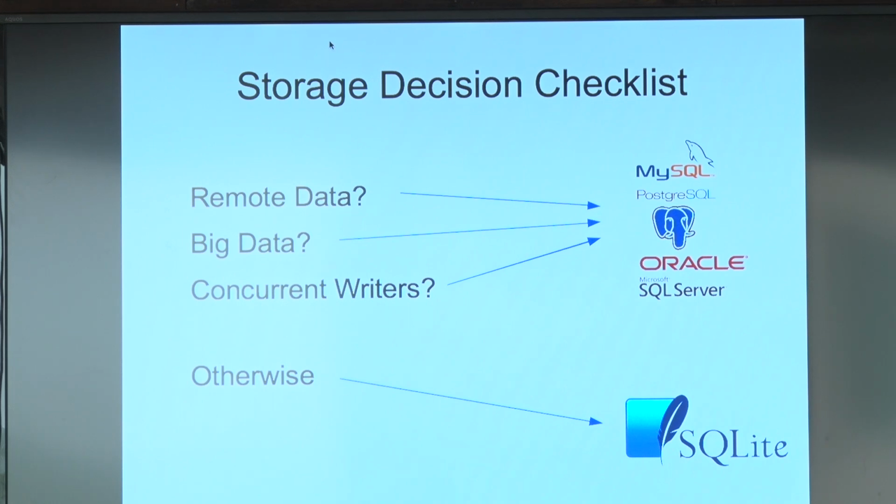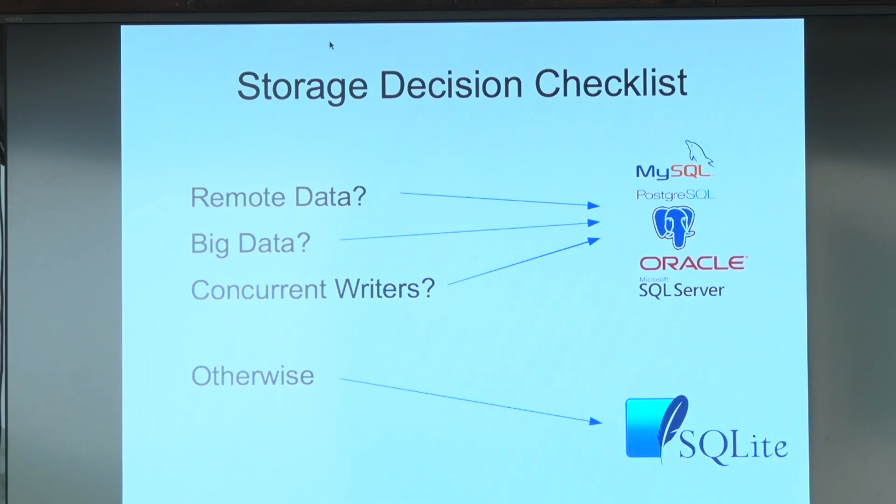The client-server databases are able to deal with that because they have a server there that can coordinate the access from multiple applications coming at the same time. SQLite doesn't have that because there's no central server to coordinate things, so it doesn't do that very well. But those are the only three reasons to use a client-server database. Those are important reasons. But if none of those three things apply, then you really ought to be using SQLite